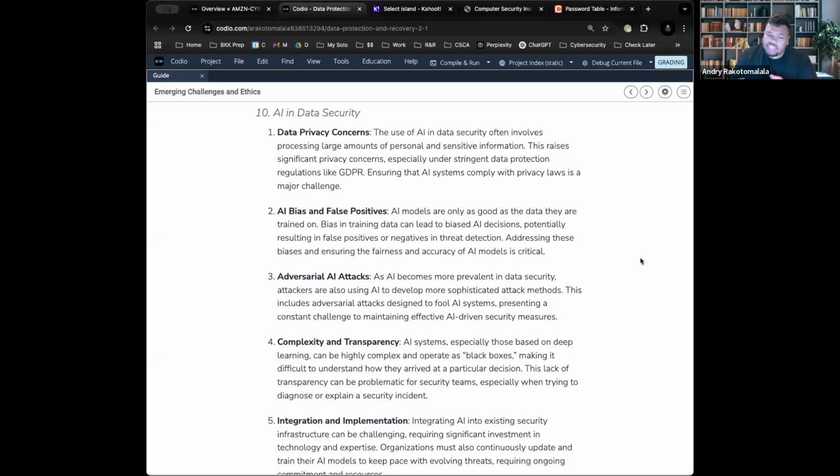And the last one is bias. Like I mentioned before, if we give AI full control, it's pretty much guaranteed that it is going to want to take actions to protect us humans, which may be to our detriment, right? So AIs are biased. They're biased because they're trained on bad data. Remember, garbage in, garbage out. So if they're trained on poor data, they might be biased and more judgmental towards poor actions.